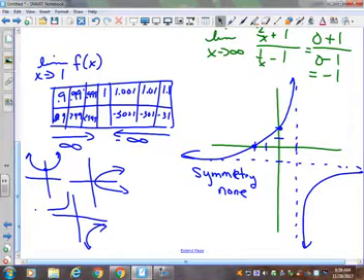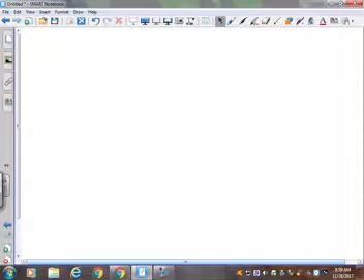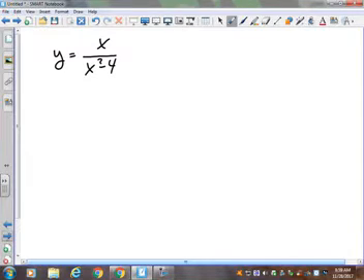Now, this one didn't have a critical number. I think we should at least do one that does. So we're going to do one more of these. And then we'll be done. So the first thing you should always do is do a derivative. Because if you do a derivative,